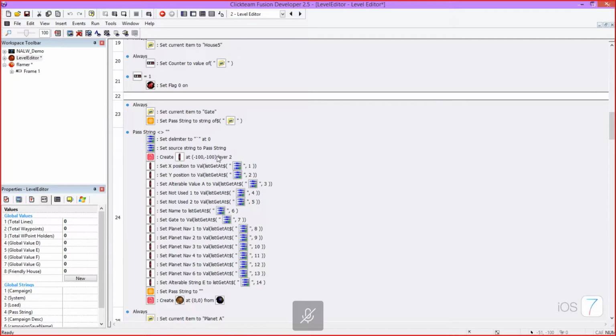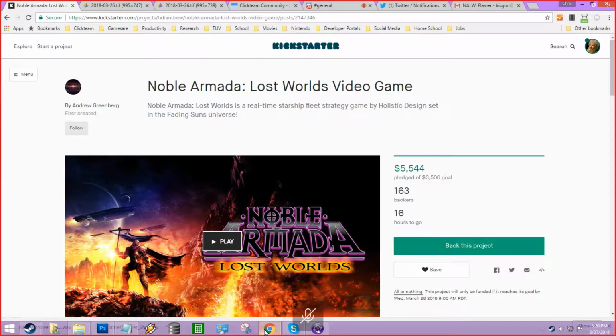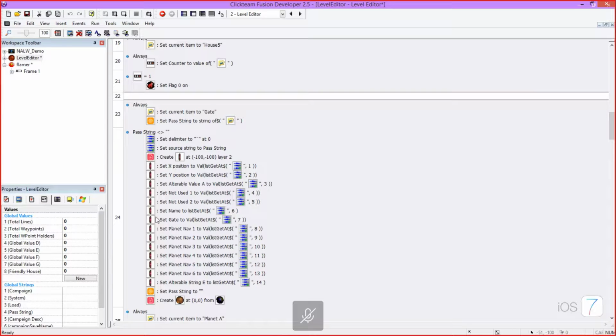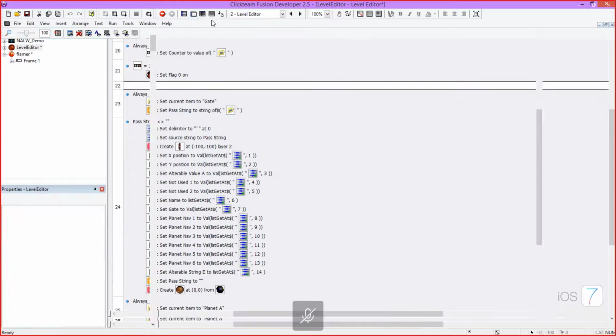A little string parser fun going on here. So we set source string to pass string. Pass string is set to the gate. The gate is a fixed value in our game. Every level has a gate string, which is right here. And then we use this little guy here as a delimiter to divide up the data. And then with that, we place all that information into the local values inside the gate object,